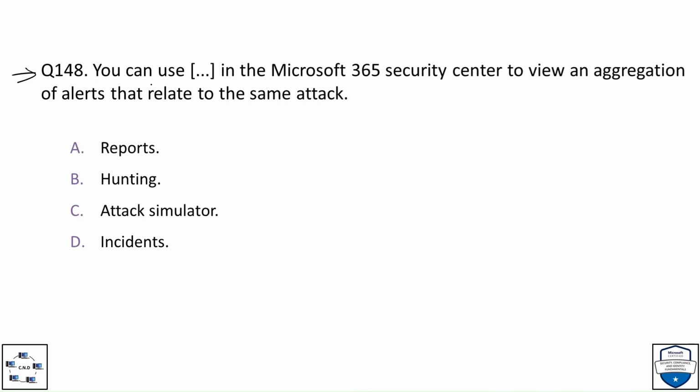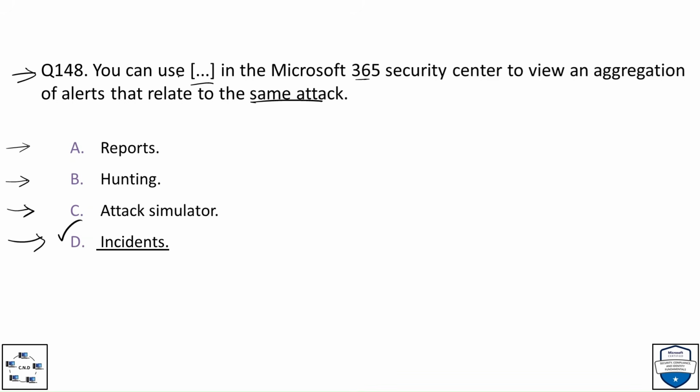Question number 148, you can use blank space in the Microsoft 365 Security Center to view an aggregation of alerts that relate to the same attack. Option A, reports. Option B, hunting. Option C, attack simulator. And option D, incidents. And the correct option is